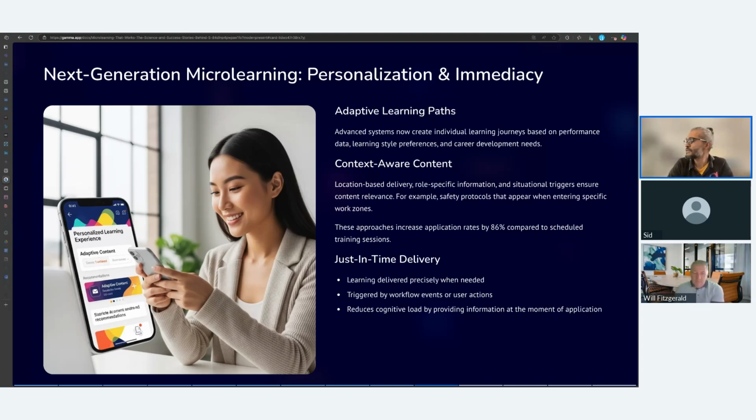Context-aware content. This is more in terms of your health and safety, your compliance trainings, especially in mission critical areas, where it would be nice. We have the technology today to make sure that we have the sensors to see that we are in this particular geo-tagged area, or we are in this particular area where there's a high temperature, or there would be environmental conditions. If we can track this real time and make sure that we are giving them the content for that